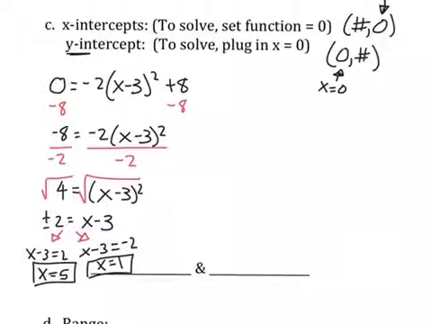Okay, so when I solved that, I got 5 and 1, and hopefully you did too. So you just need to make sure you're writing them as ordered pairs. So I need to make sure I'm writing 5, 0, and 1, 0, because those are x-intercepts. Okay, let's go ahead and set up our next one, which is going to be our y-intercept. So again, y-intercept says plug in 0 for x. So that means we have our f of x, which is really our